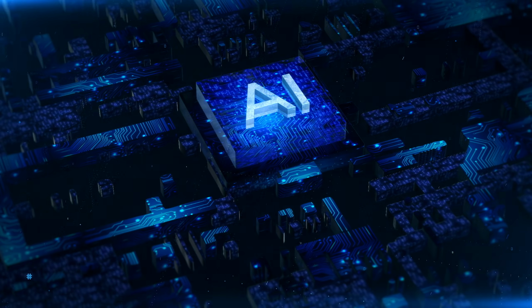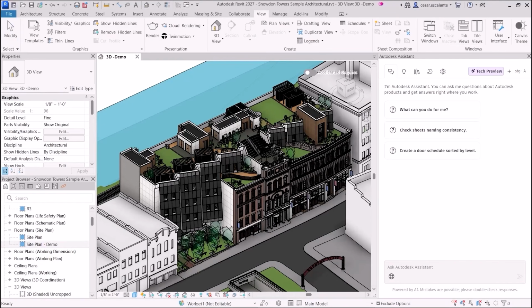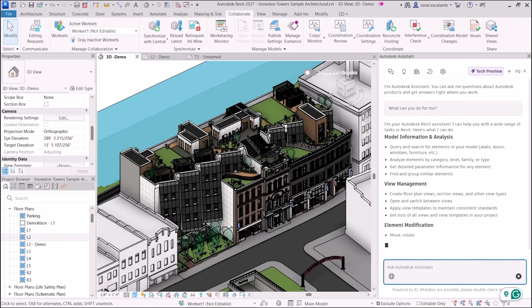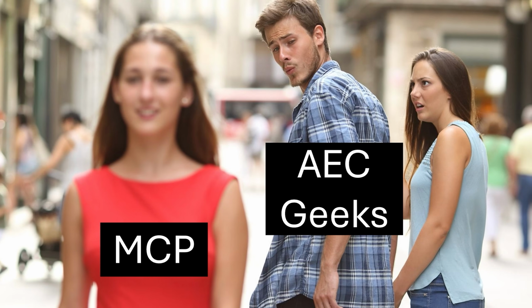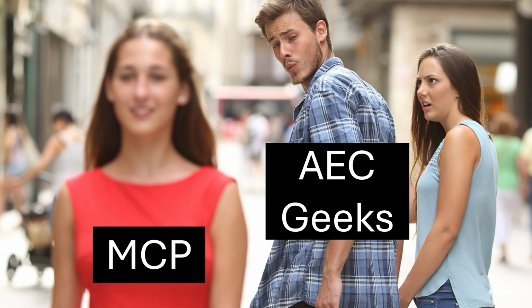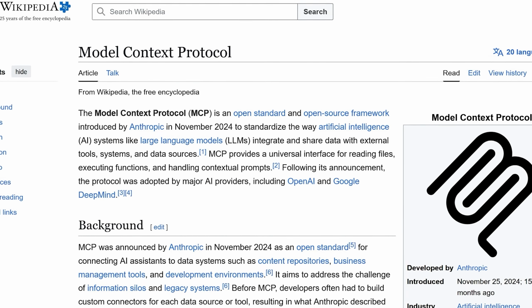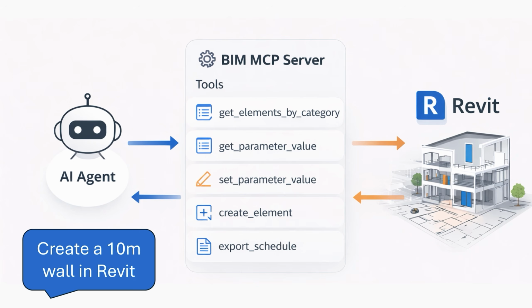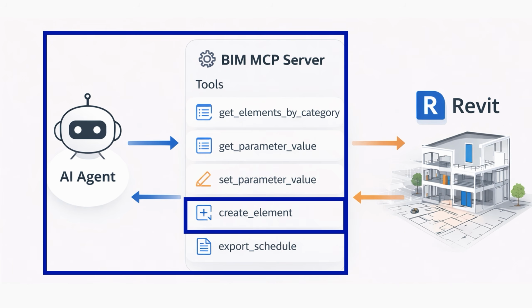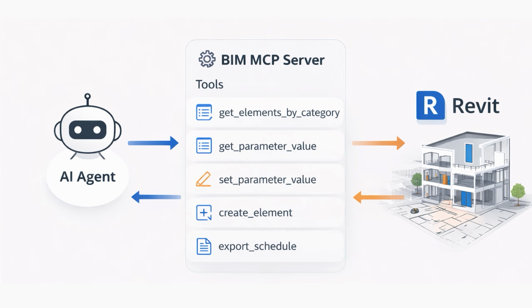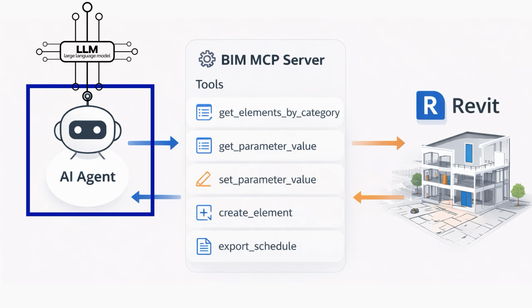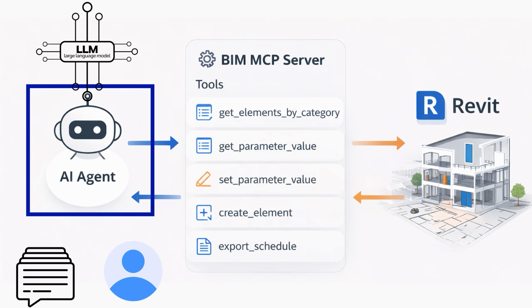AI is rapidly changing the way we work in BIM, and especially the way we interact with software like Revit. A big part of the shift is happening because of MCP, the Model Context Protocol, which allows large language models to connect directly with tools inside Revit and actually do useful work. Instead of just chatting about BIM, AI can now analyze models, inspect parameters, support documentation, and even help edit existing